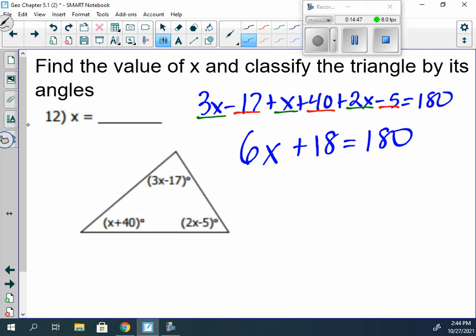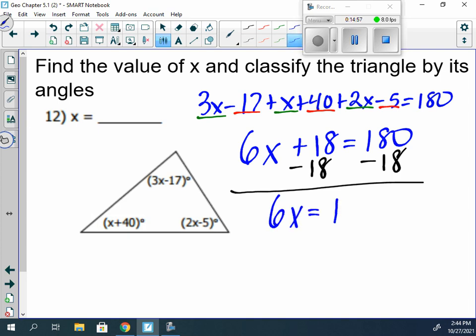Now, we want to get 6x by itself, so we're starting to move stuff across. Minus 18. So 6x is equal to